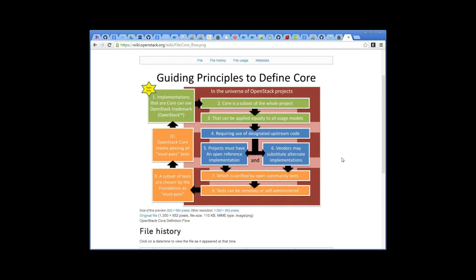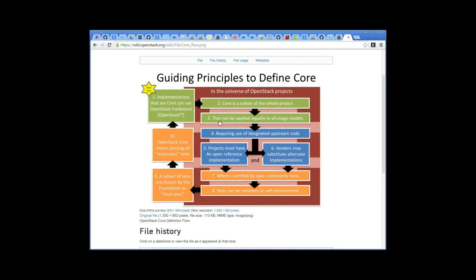The core principles broke into three major components. One basically saying that we want to define core in a way that applies to the whole project. There's a side note that we recognize after we've done that, we will probably have to have more specialized marks, but right now we're just trying to get a definition that everybody can use to say what is OpenStack. And it's very important, there's a commercial implication for this, so if you want to use the trademark as a commercial implementation, or a distro, or a cloud that's running OpenStack, or a product that's using OpenStack, we have to be able to tell you that you can describe it as OpenStack.